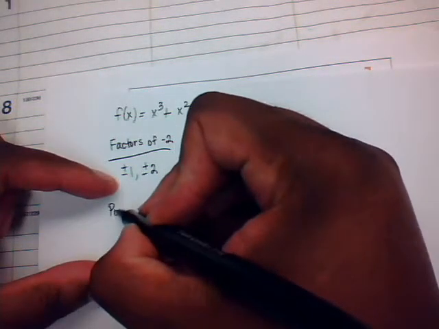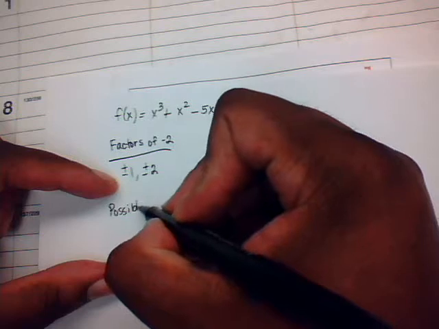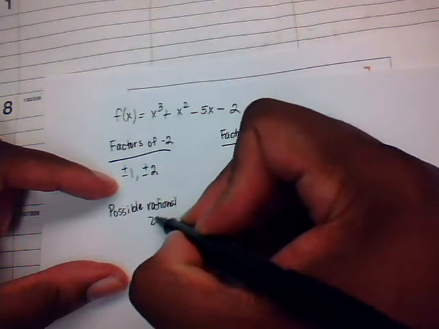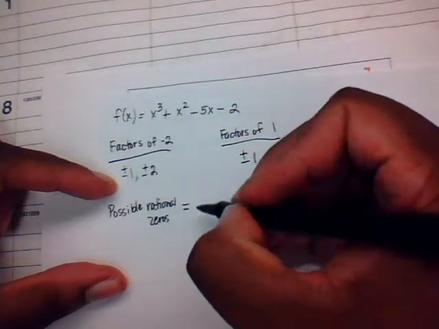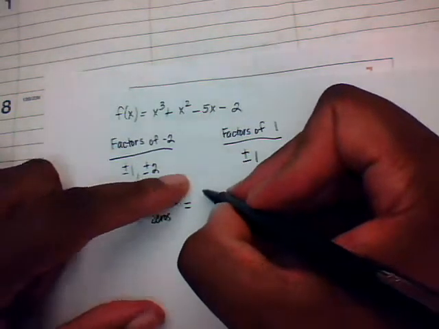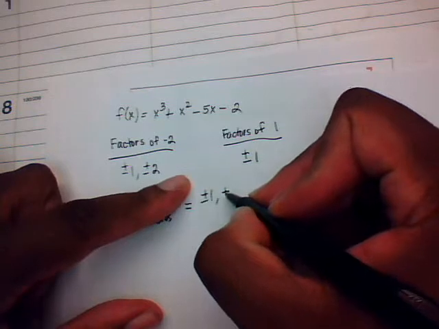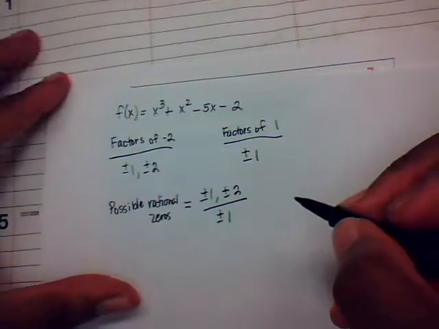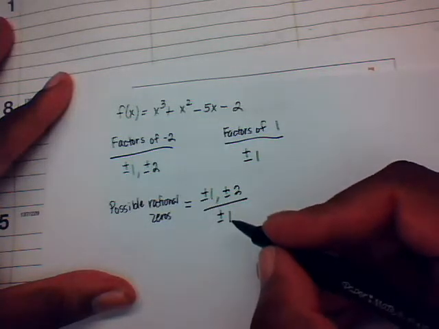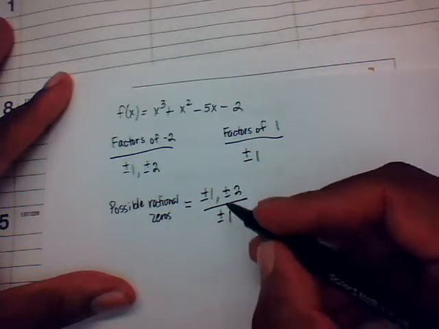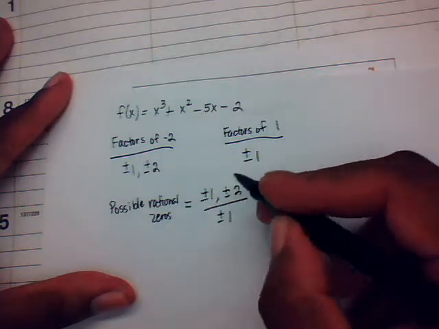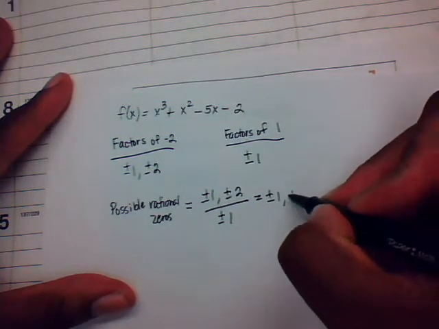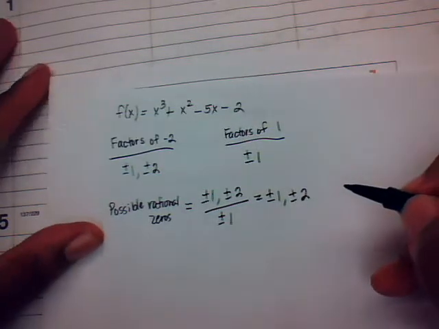So my possible rational zeros would be this. The factors of the constant term, plus or minus 1 and plus or minus 2, divided by the factors of the leading coefficient, which is plus or minus 1. Well, divide anything by 1, you'll get what's in the numerator. So that's simply going to be plus or minus 1 and plus or minus 2 as your